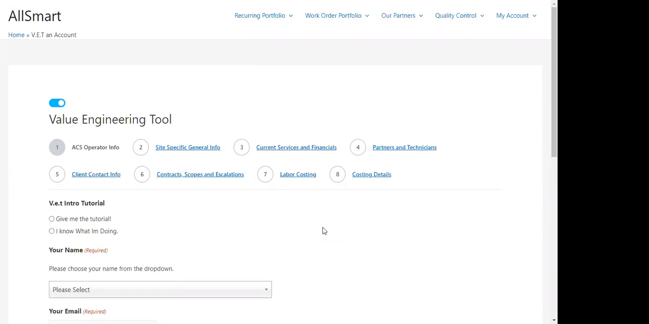And so you can see here there are 8 sections in the vet. Starting with our information, the individual, the operator, the portfolio manager inputting the customer information and all of its relevant details into this upload. And then we're going to move through to site specific and general information, our current services and our financial run rates, vendor partners and technicians, client contact info, contract scopes and escalations, our labor costing, and then really 8 says costing details, but it's more or less a summary of what you've inputted into